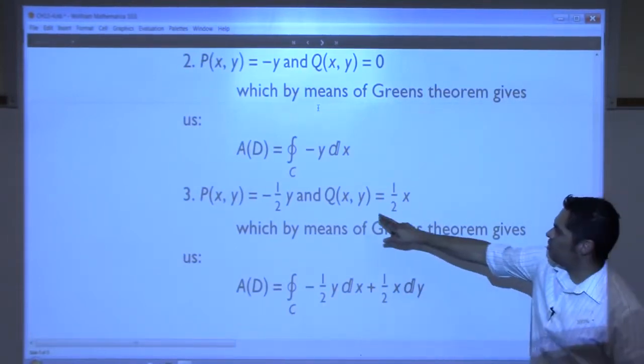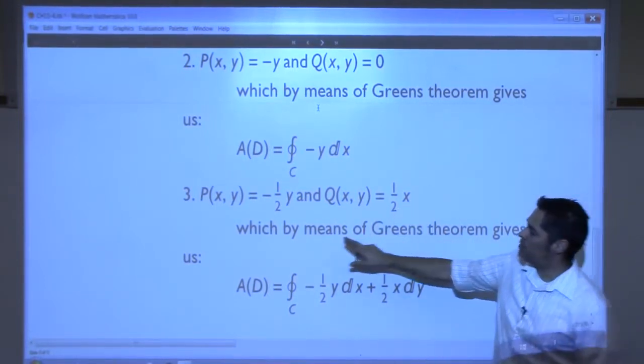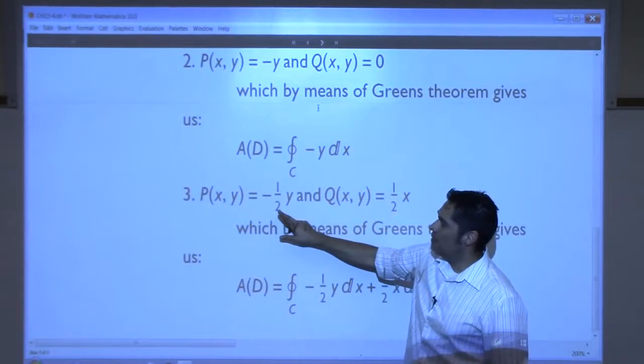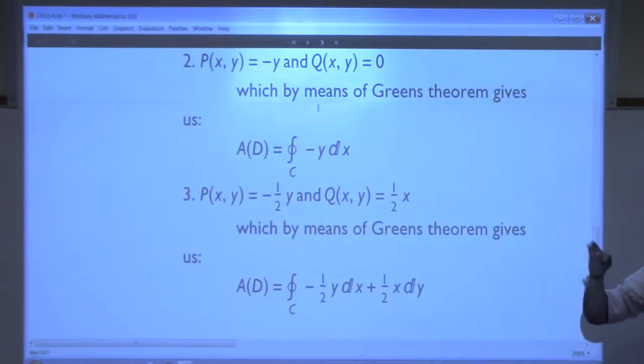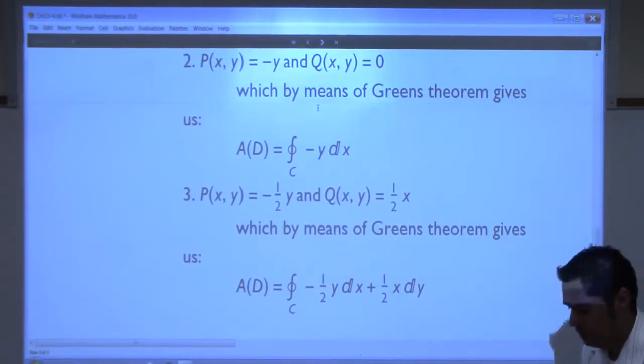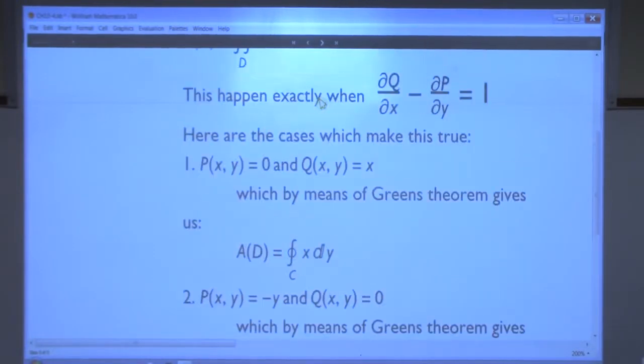Right? What's the partial of q with respect to x here? 1/2 minus what's the partial of p with respect to y? Minus 1/2. So you have 1/2 minus 1/2 minus negative 1/2, which would be 1. Right? Understand? You sure? Okay, let me go back up to the first example because I think